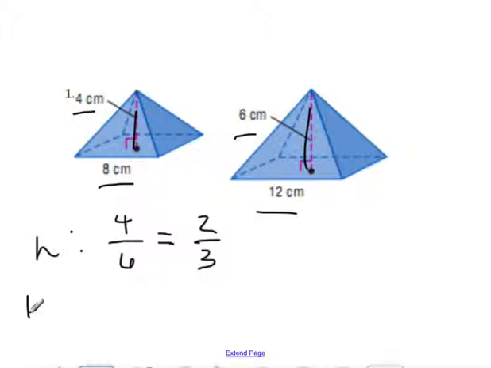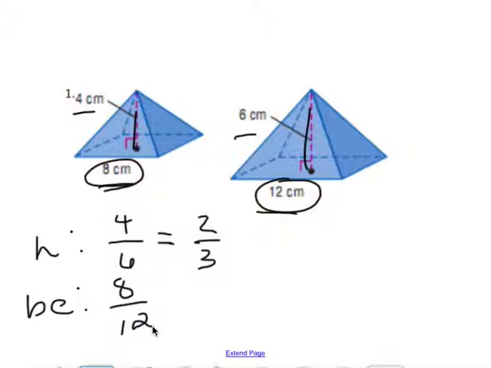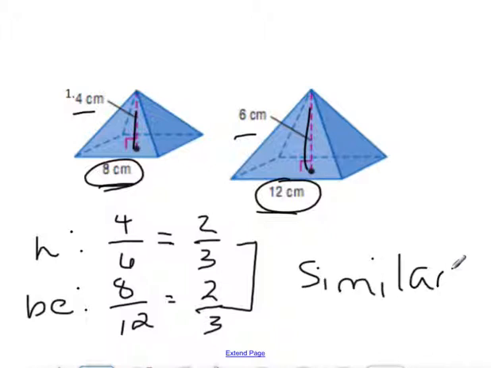Now let's take a look at that base edge there, and we're going to calculate out the scale factor of the base edge. So that's going to be 8 centimeters to 12 centimeters. And I want to write it the same way. So I have 8 divided by 12. Well, 8 and 12 are both divisible by 4, so you divide them both by 4 and you get 2 over 3. So if you notice, the two scale factors or the ratios between the two sides are the same. So that makes these two similar. So these are similar